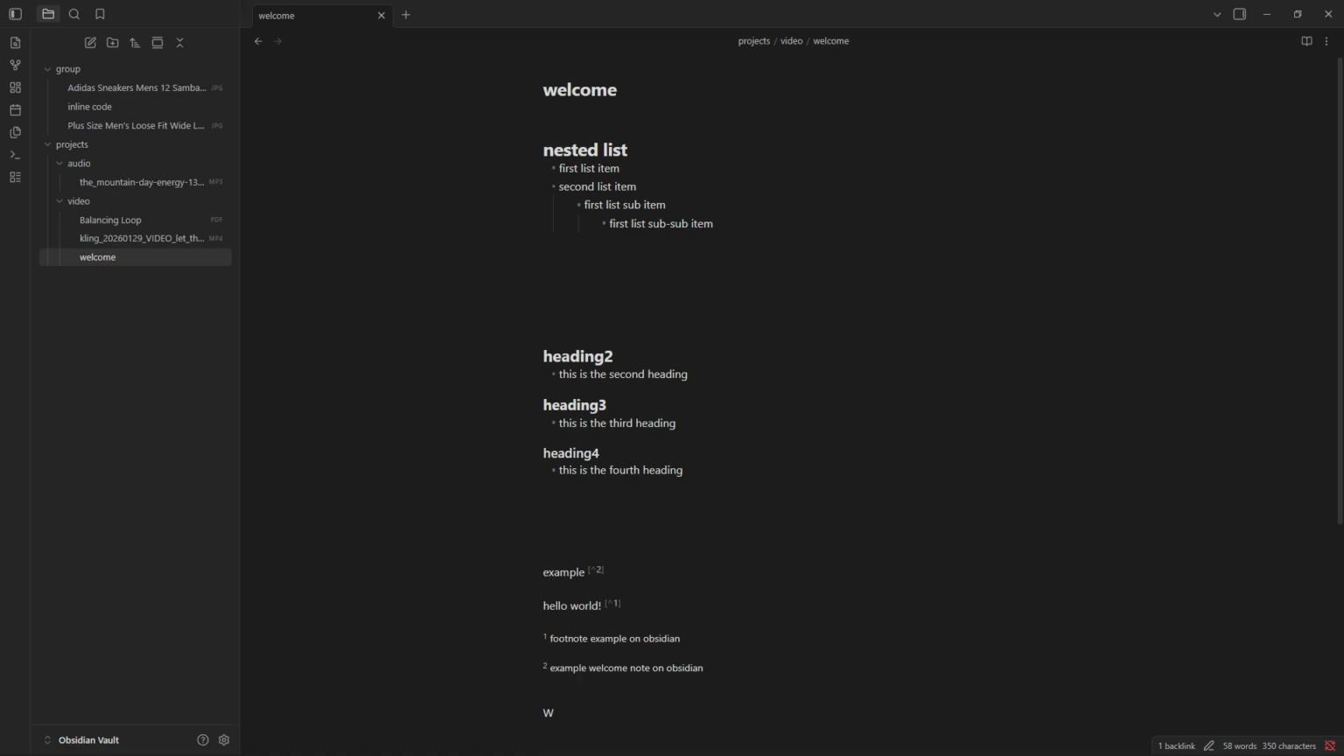Today, I'll walk you through how to use Wikilinks in Obsidian, the fastest way to turn your notes into a